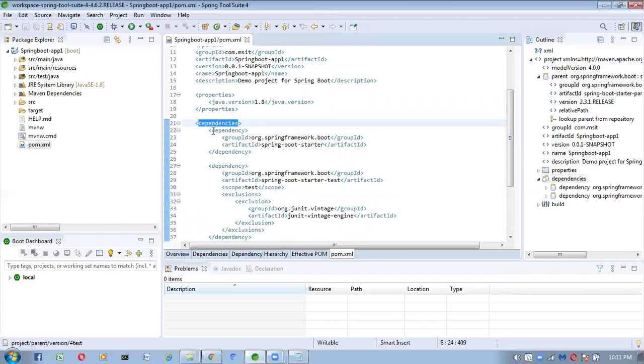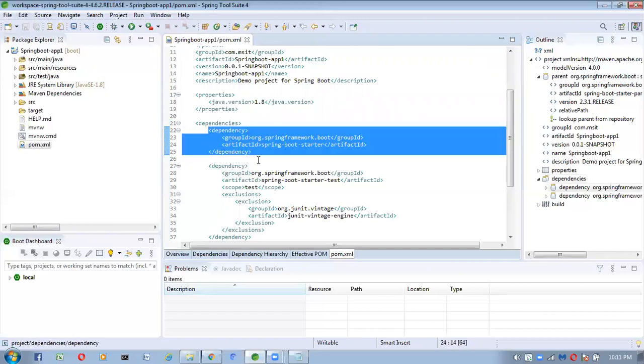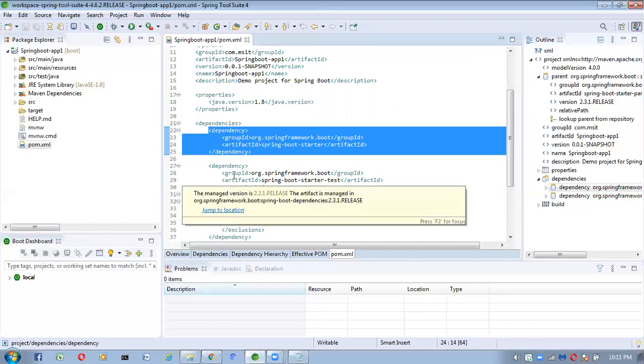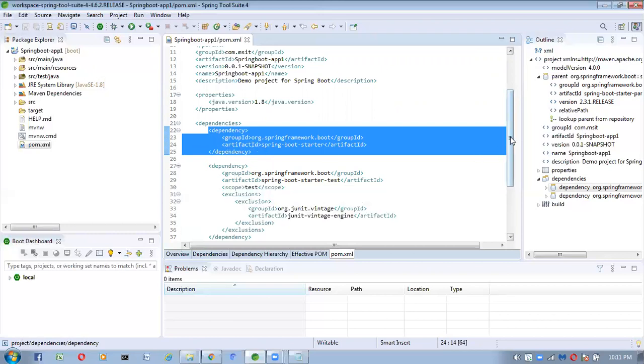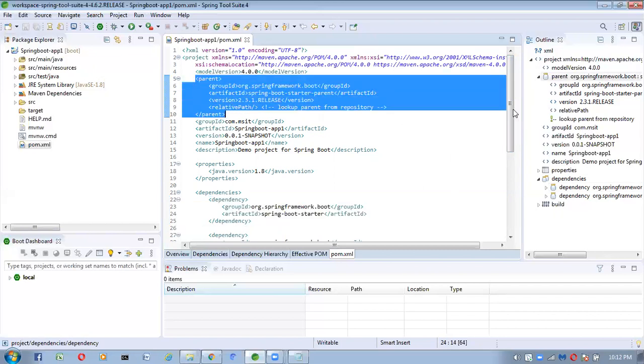Whatever dependencies you configure inside this dependencies section, all those dependencies will become child dependencies to that starter parent dependency. Here this is the parent dependency.